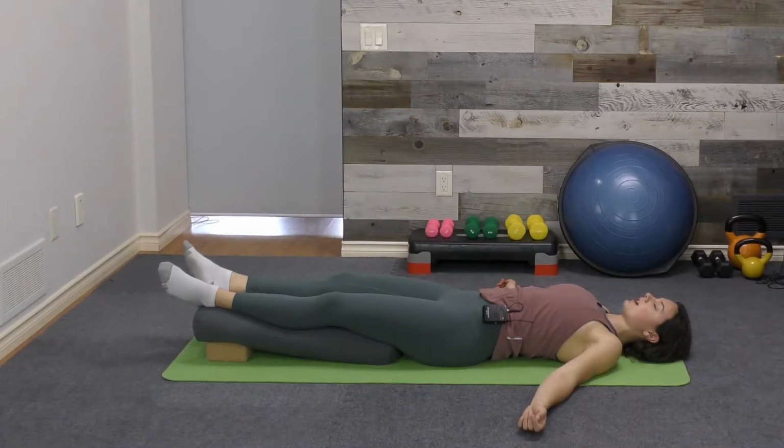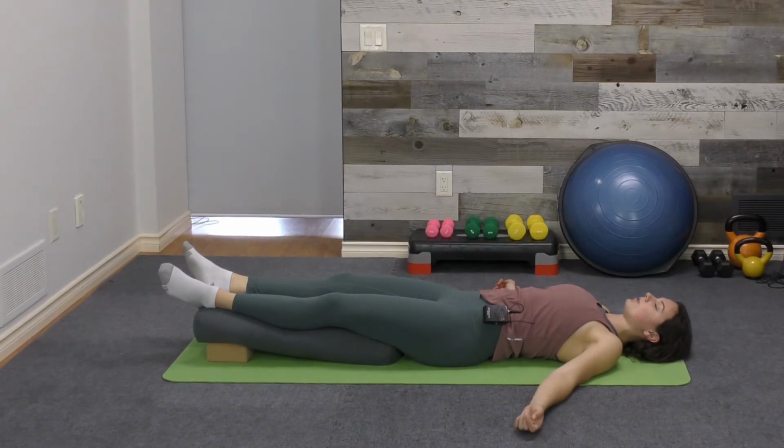So we're just trying to relax really as much as we possibly can. Once we're in the pose, there's nothing else to do. We just are tuning inward and getting really quiet. So the body is quiet, we're not moving, then we're working to quiet the mind as best as we can. Every time a thought comes up, because it will, as soon as we notice our attention has started to run away on us, we just come back to that